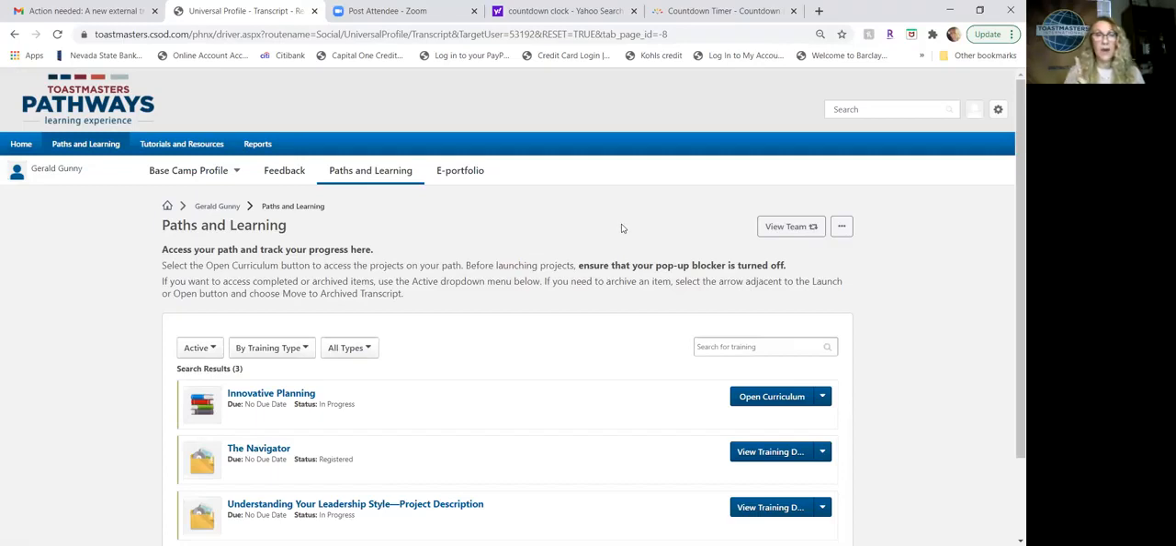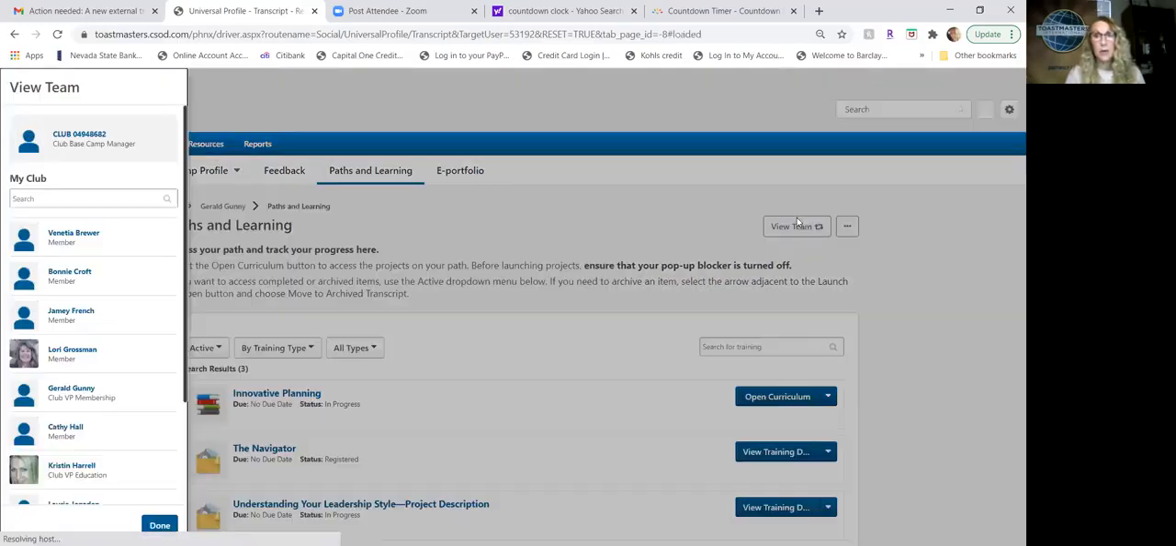I do want to make one comment though on view team. If you remember when I logged in, I had the option to choose to log in to any of my clubs because there's a drop down. Because I chose Henderson Toasters, only the Vice President of Education or Basecamp Manager for Henderson Toasters can view me. Anthony is the Vice President of Ed and Basecamp Manager for Morelli House Toastmasters. If he goes to view team right now, I will not show up because I have not logged in to